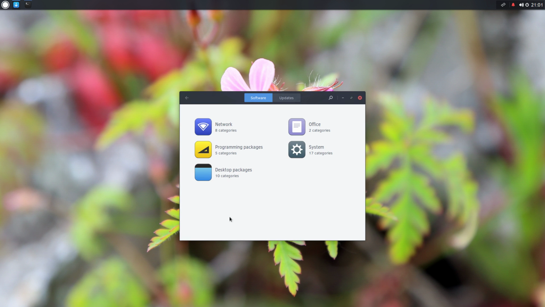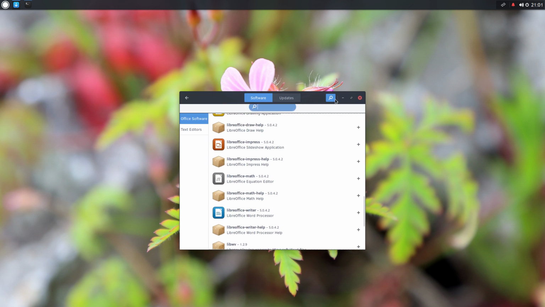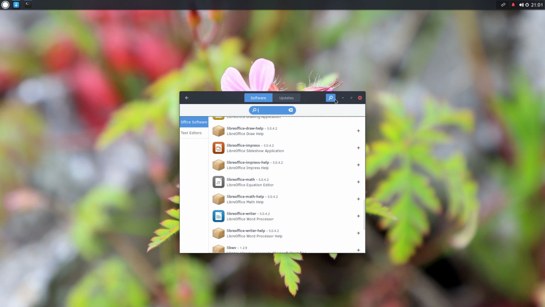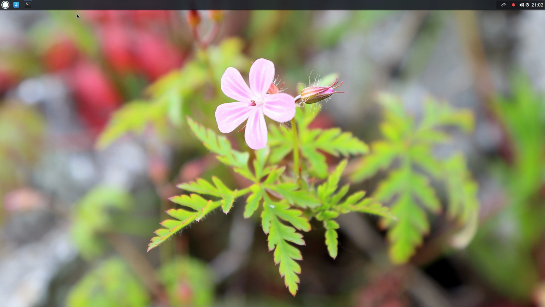We'll just close that terminal just now, or you could use this software center, and yeah, fairly straightforward. You can look for LibreOffice or whatever. So just bear in mind that it is an independent distribution. They're not going to have a lot of the packages that some other distributions have. However, I can pleasantly report that